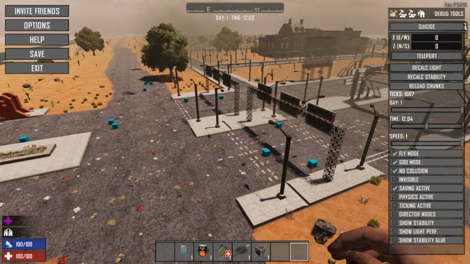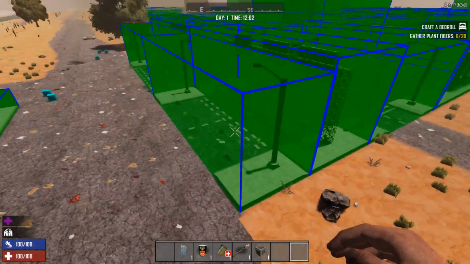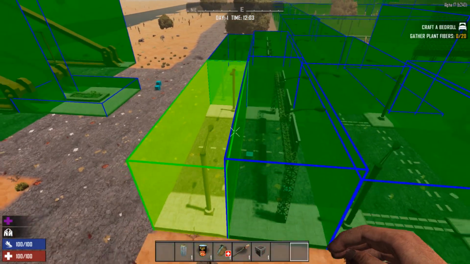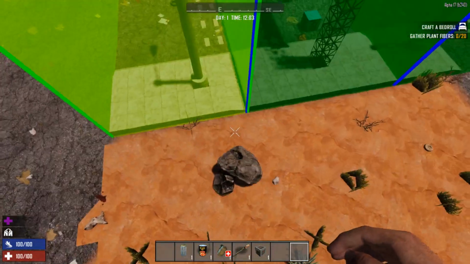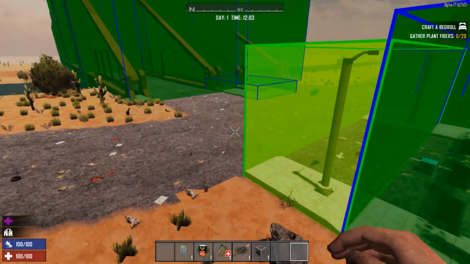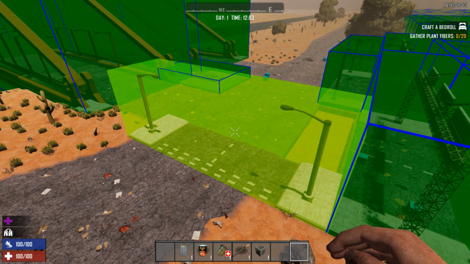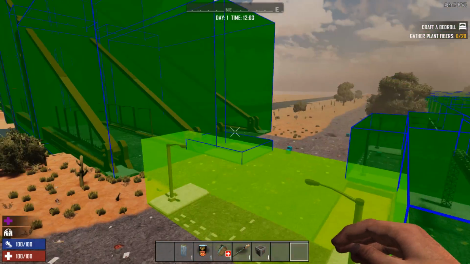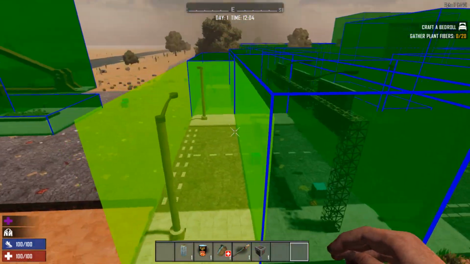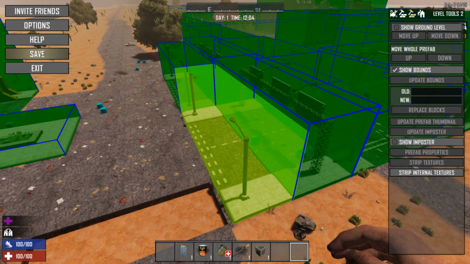So once again, to fix this, enable the bounds, select the prefab, and X is the button to rotate. Now just be aware, the prefab rotates from this block and always this block, which is much easier to demonstrate when you see it. So if I press X once, there you go, it hasn't moved from this spot, and then if I press X again, it's now the right way around and it's lined back up nice and neat. Now that I've got it rotated the way I want, I'm going to press save,